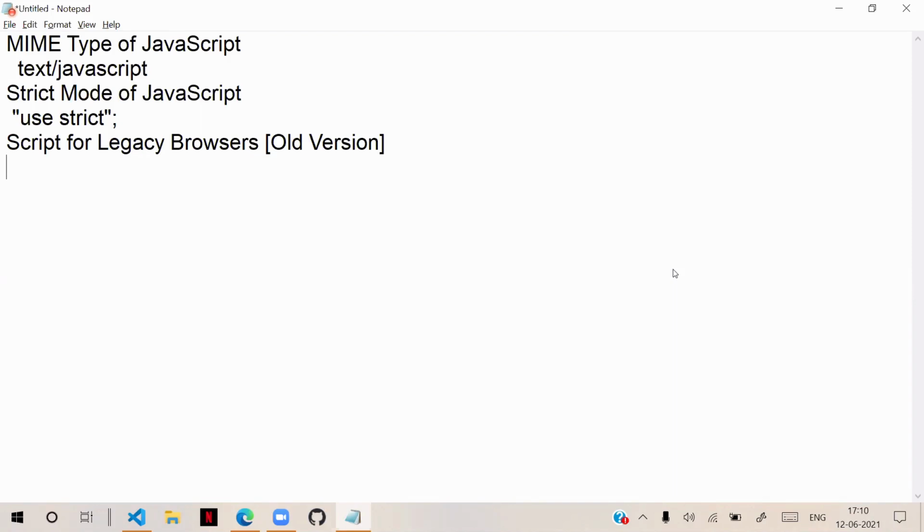Due to that, some code you write in advanced JavaScript is not understandable to old version browsers. In that case, we want translators to translate it into a format that browser can understand.